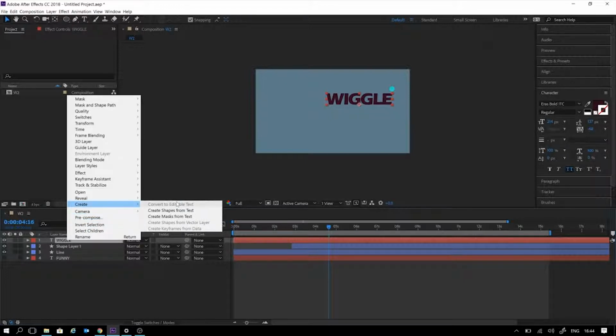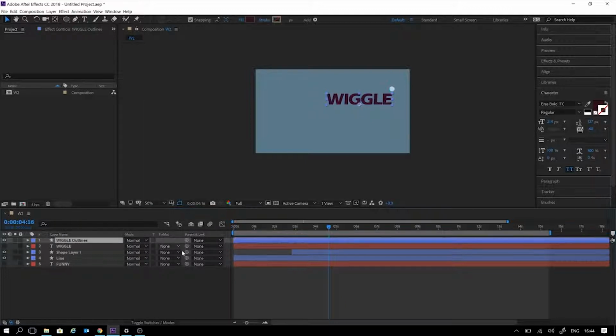Yeah, create. Create shapes from text. Okay, the moment you create shapes from text, it will retain your original text, so you can change it anytime. It will create a duplicate right on top, a brand new text, kind of. Alright, so once you have this,